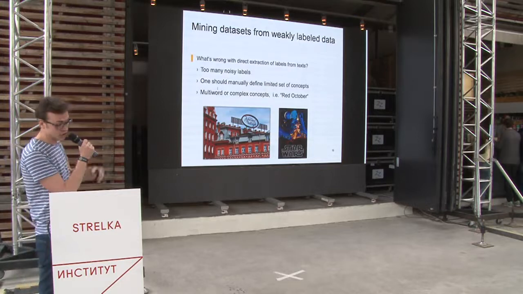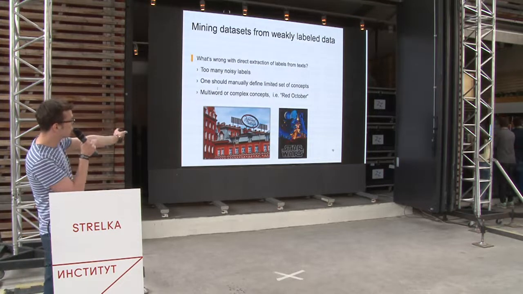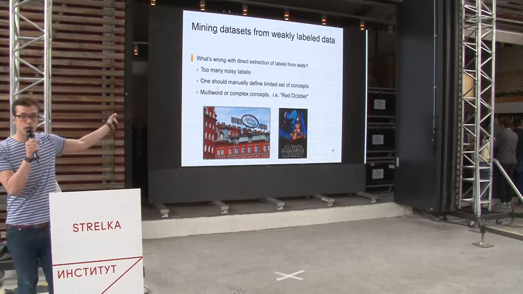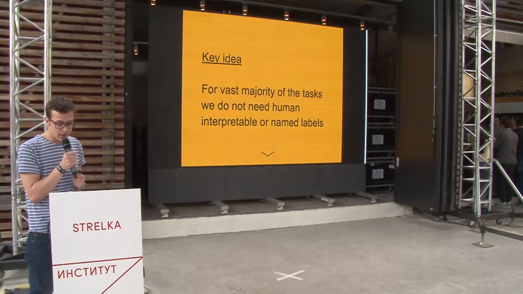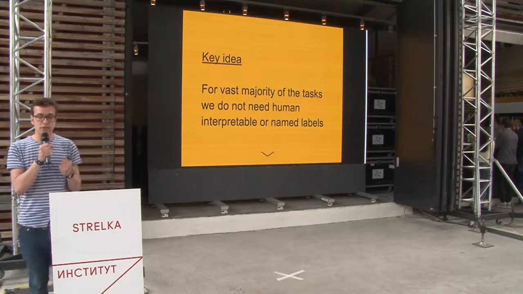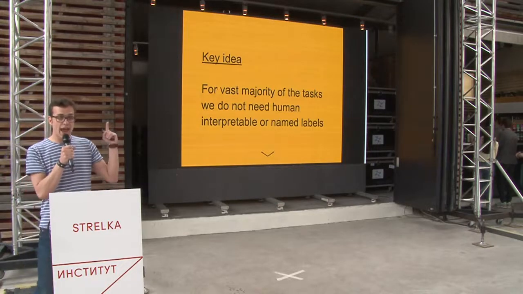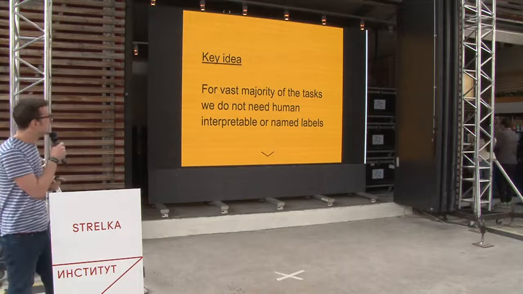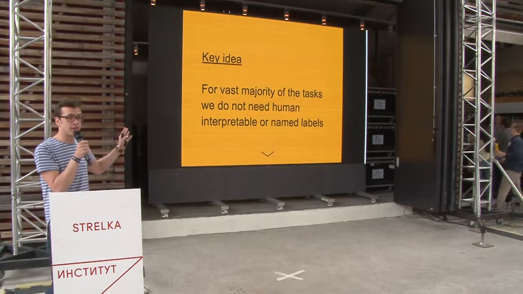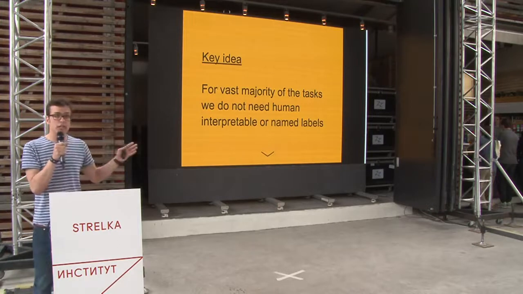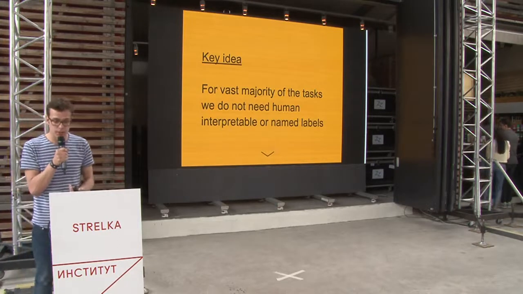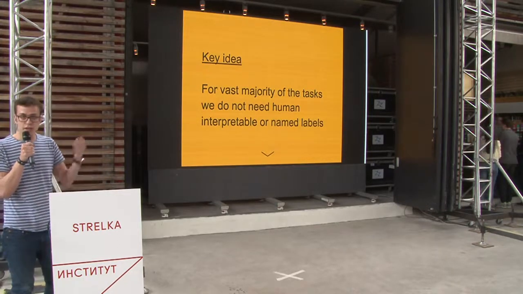Or some movie caption, because neither of the separate words describe the concept, the whole concept. So are there any other ways to determine the set of classes? A very important aspect that I would like to point out is that for the vast majority of our target tasks, we do not need named or, in general, human interpretable labels,